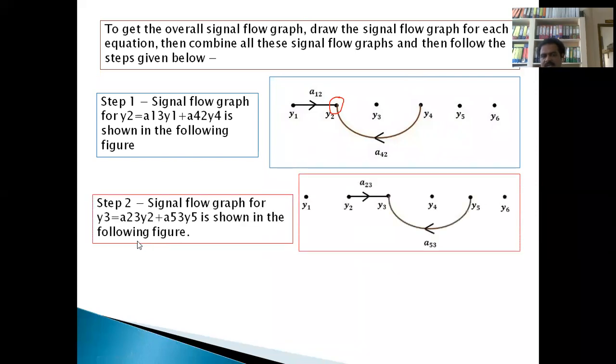Next, similarly for the second equation, if we observe, Y3 is equal to A23 into Y2. So try to draw the second signal flow graph for the entire set of equations. So here the output is Y3. So Y2 into gain: input multiplied with gain, you will get output. That's why I have shown it in this direction. So based on the second equation, the signal flow graph is